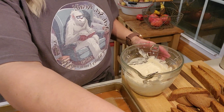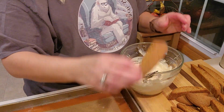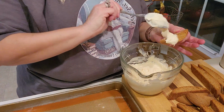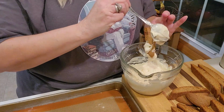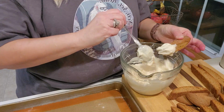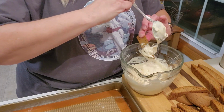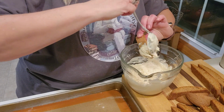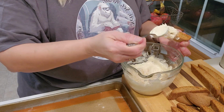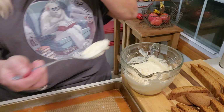Okay, the biscotti's out of the oven. It's been cooling for about a half an hour, and I melted some white chocolate, and I have that here. So we're going to dip, or kind of spread our chocolate, because it didn't melt real good, onto the ends of our biscotti. And then we're going to let that air dry for a little while. There, doesn't look real pretty, but